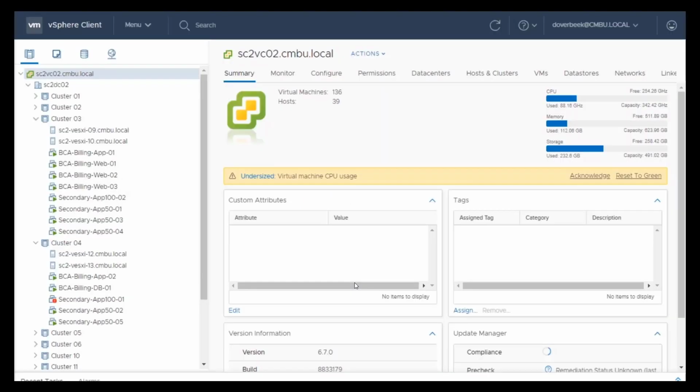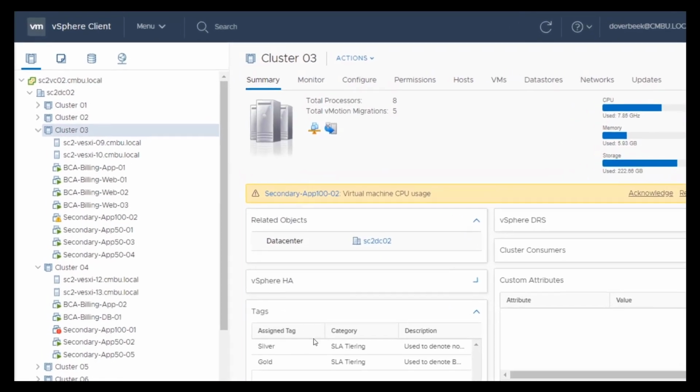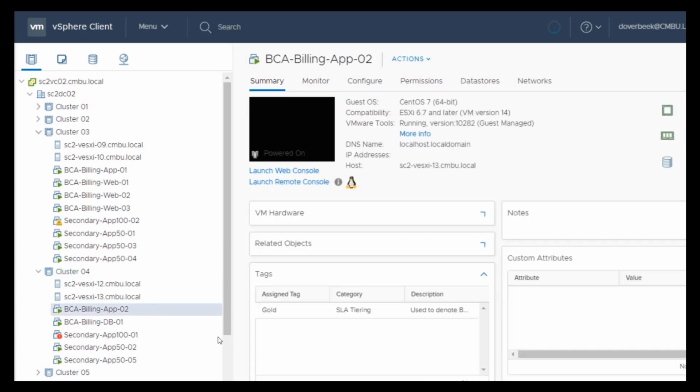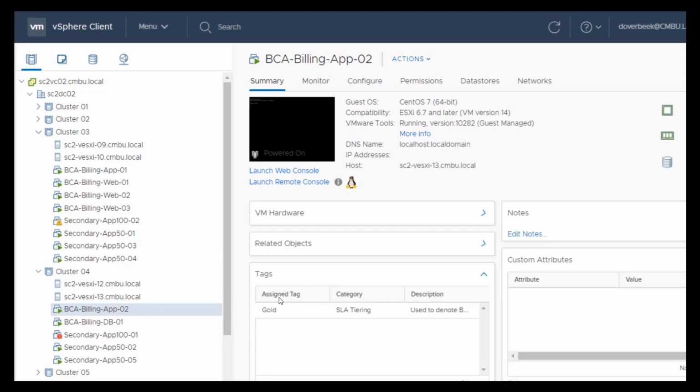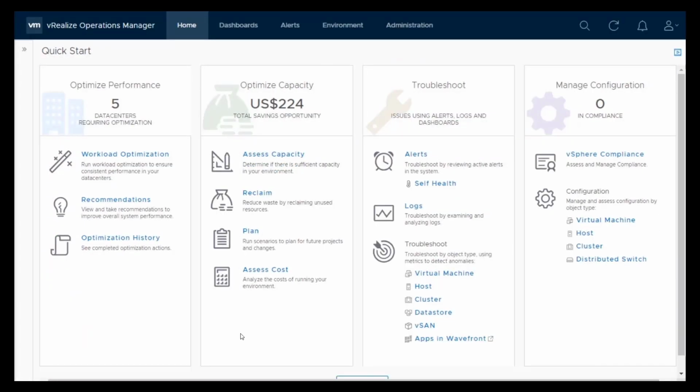So let's go ahead and look at the environment specifically in this case. So I've got cluster 3. You can see it's tagged as silver and gold. I've got cluster 4. You can see it's tagged as silver, and there we go, right down here. You can see I've got at least 1 or 2 business critical apps that are tagged as gold that really aren't supposed to be on this particular cluster and need to be moved up into cluster 3. So let's go ahead and see how vRealize operations can help us balance the environment and drive our business intent